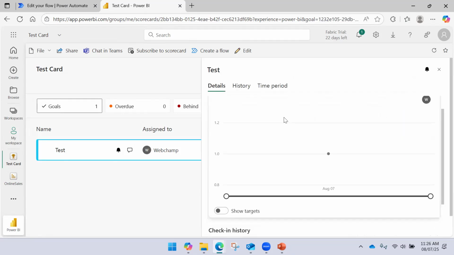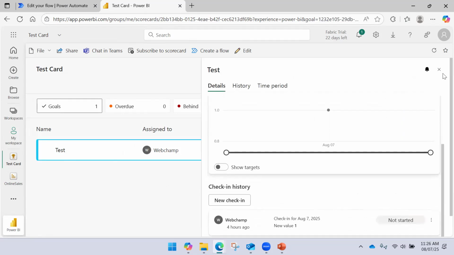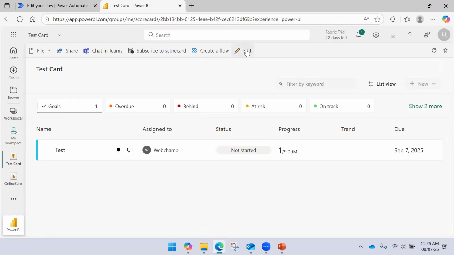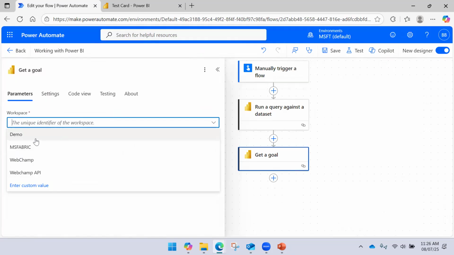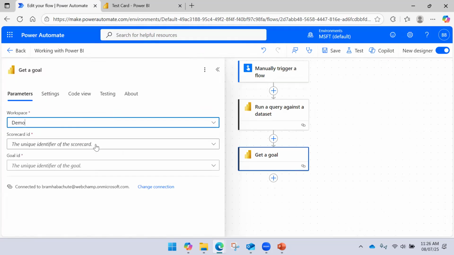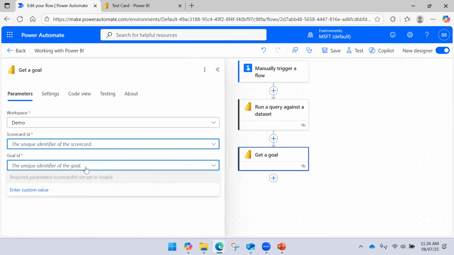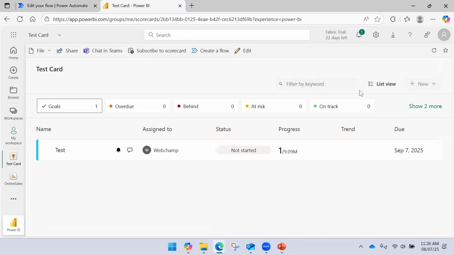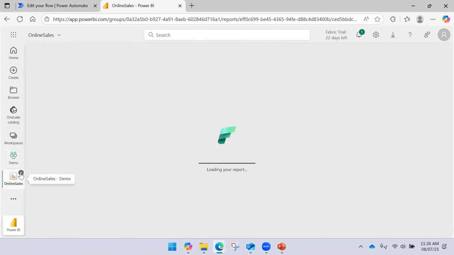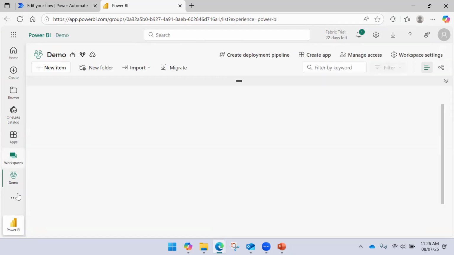This is the test named goal. But let's say goals should be mounted on one of the reports. Scorecard ID. Okay, let it fetch. It is not showing because I have not mounted that anywhere. So let me delete this. Let me close this report and come to the